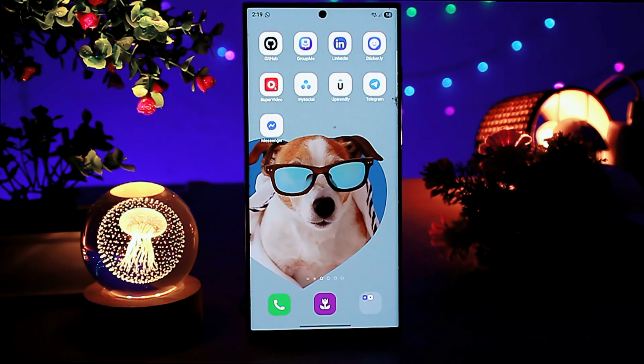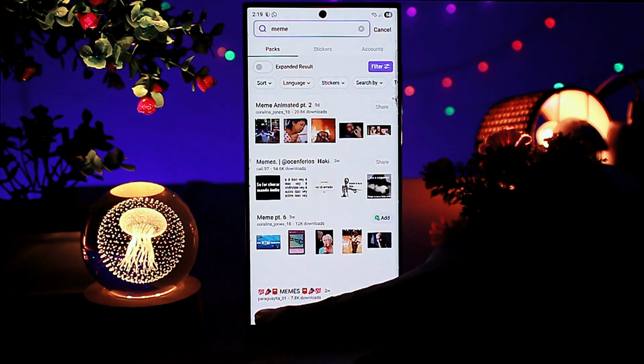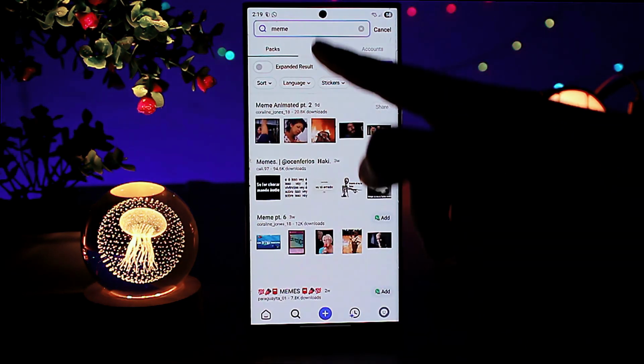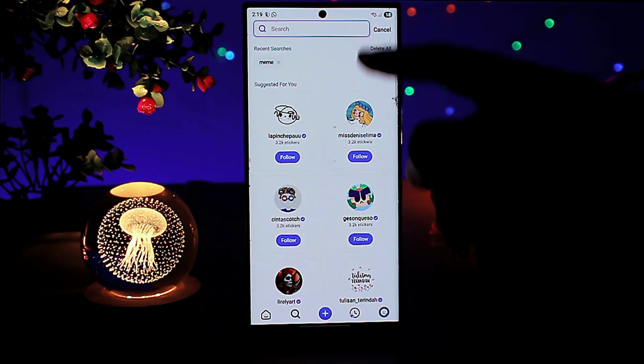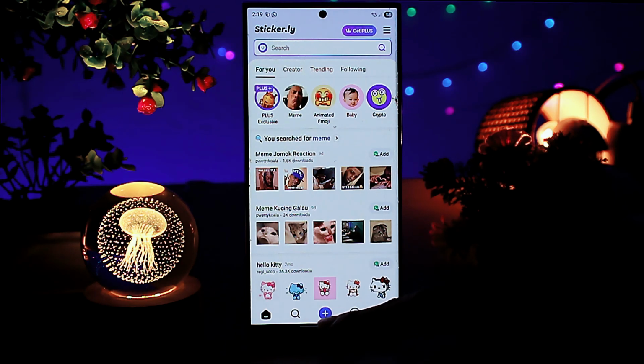First of all, download the sticker.ly app from the App Store or Play Store. After you have downloaded it, simply open it. You will see thousands of stickers available here. You can simply source the stickers from here, whichever you like, or you can simply create your own sticker from the plus